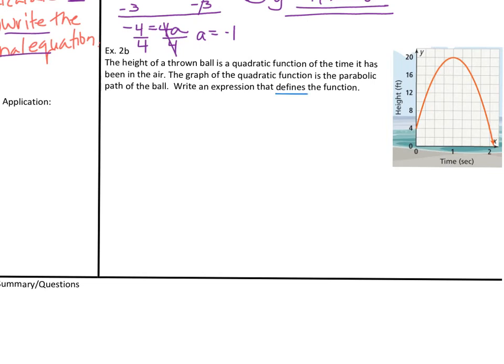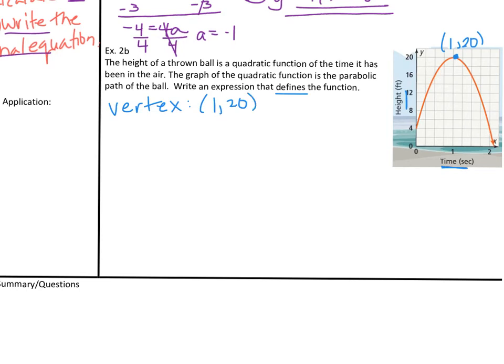Taking a look at that picture, it looks like a parabola. Looking at the height of that ball, it reaches a height up here at the top, and that looks like it's at (1, 20). What that means, if the x-axis is time, is that after 1 second, the height of the ball is 20 feet. So that went up in the air pretty fast. If we know that top number, that would be the vertex. And if the vertex is at (1, 20), we can use vertex form to help create the expression that defines the